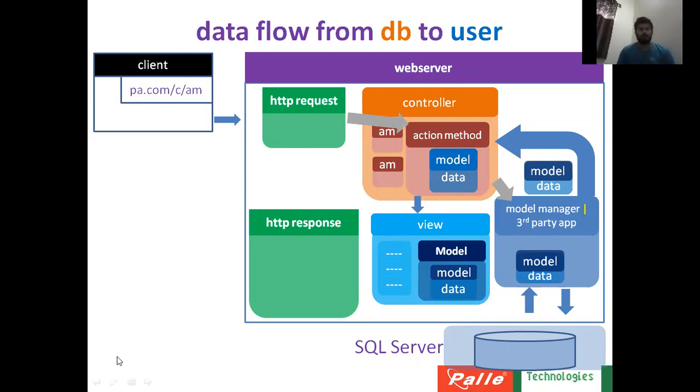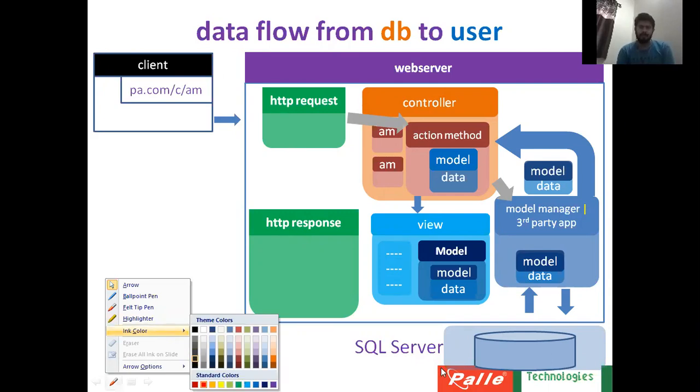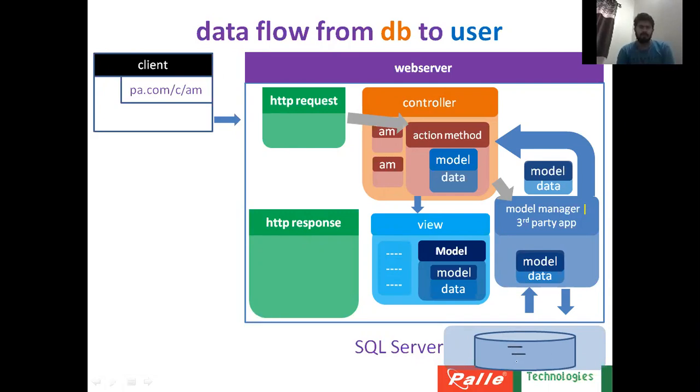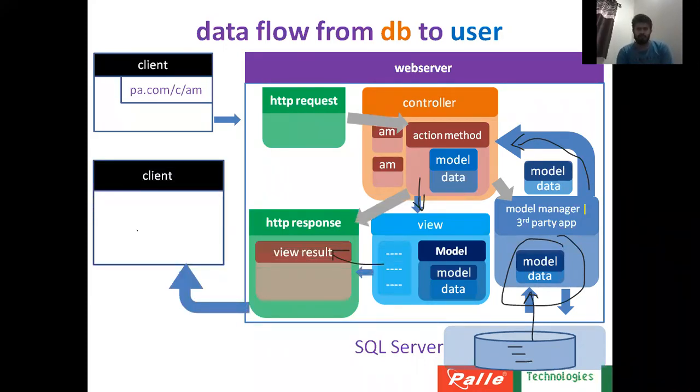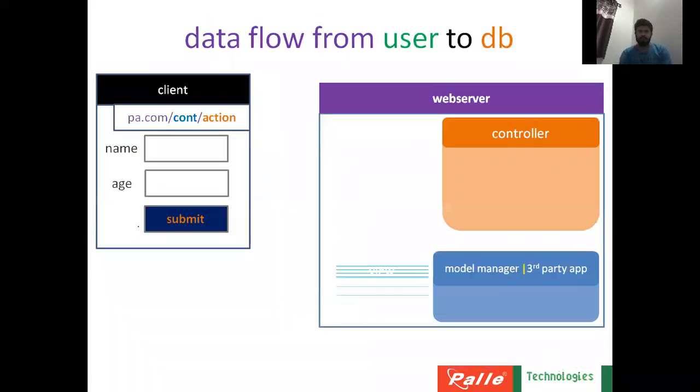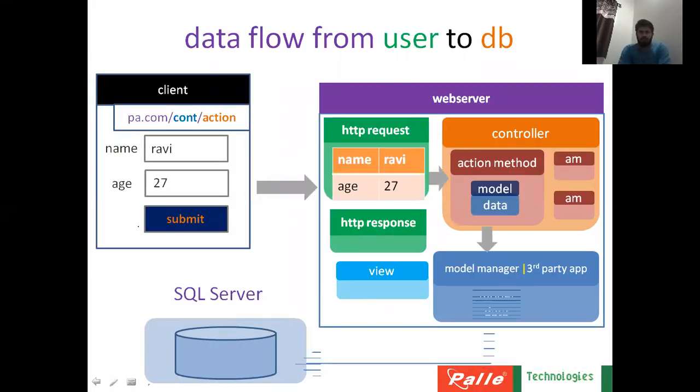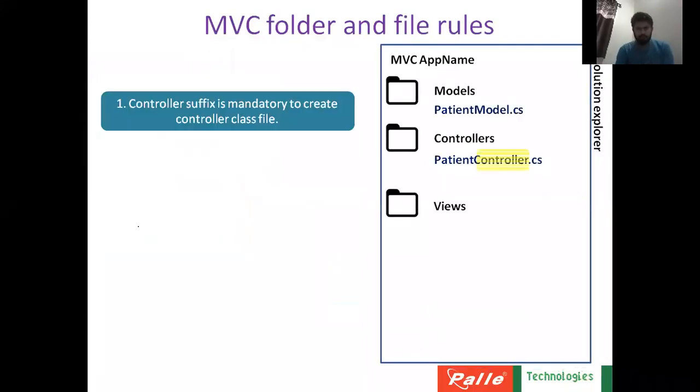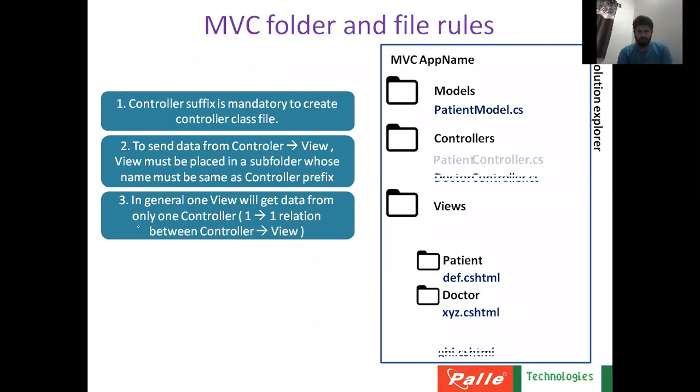Okay, so my current patient table data is available here. So from there I am going to fetch the data. I will store that data in the model. I will send that model to the controllers action method, and from there I will send the data to the view. Okay, and from there I will send the model data to the response, and finally I will try to display the output in the browser. Okay, so that is what I am going to do. That is my first activity, but to get better understanding, I will just try to show you exactly what I am going to do.